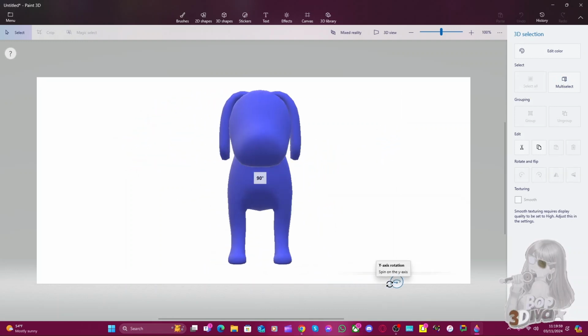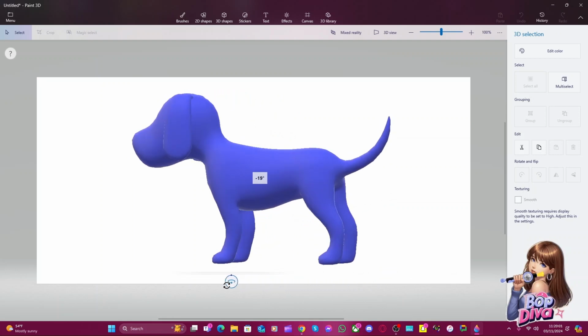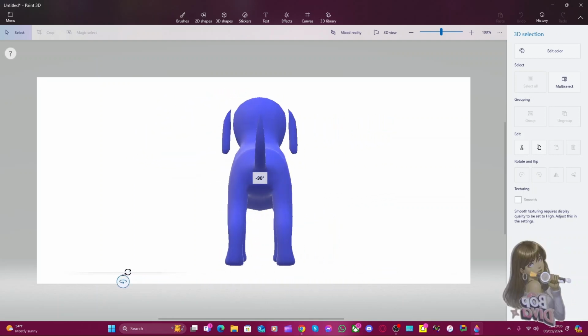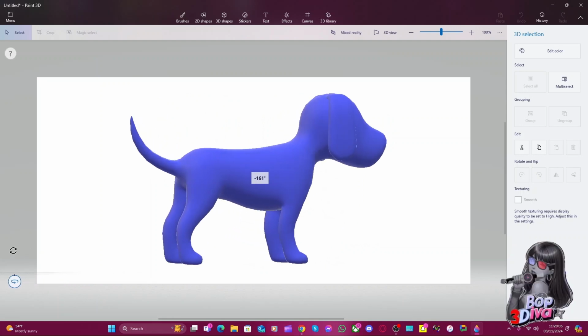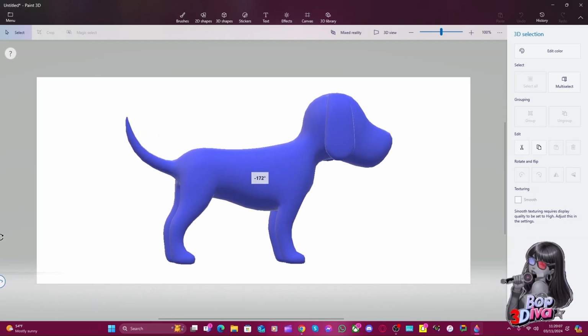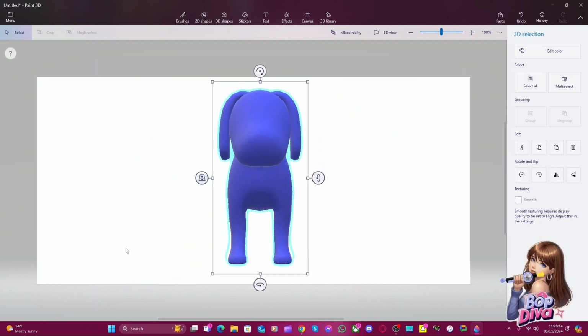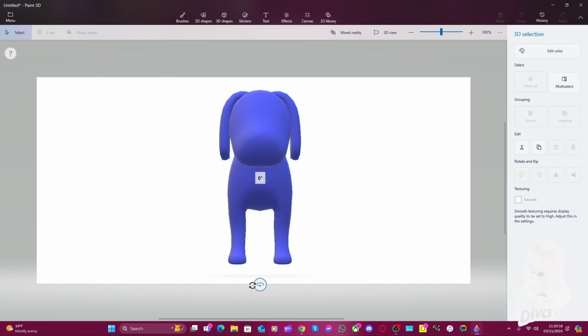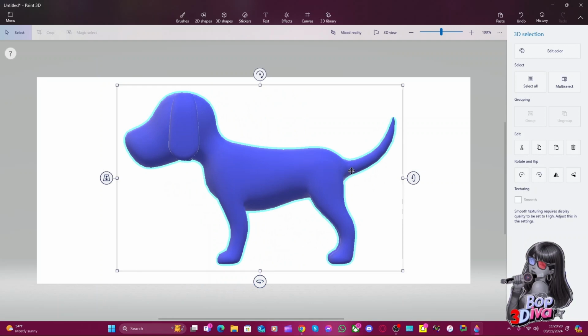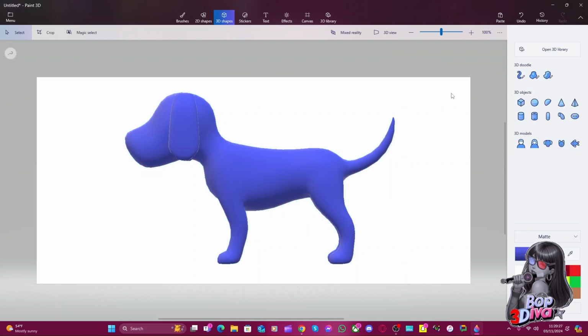See, there's the dog looking at you, his left side, his butt end, his right side, and then him looking at you again. So I'm not gonna quite use all of this in my model. I'm gonna see if I can crop a few things from this,